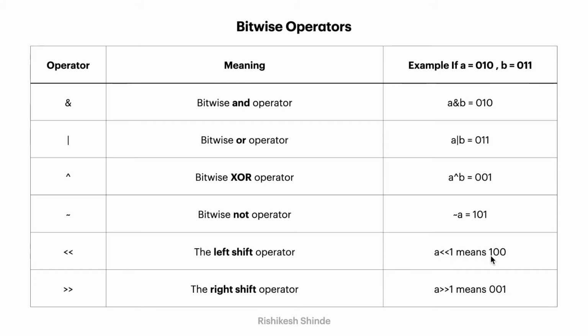So the set bit is shifted by this one position, because we have given here that we want to shift the set bit to the left by 1. That's why it will shift that particular bit to the left side by one position, and the tail bit will be set as 0. The same thing happens with the right shift operator. In the right shift operator we shift the set bit to the right side by this value, that is the second operand. Now let us check left shift and right shift using the Python shell.